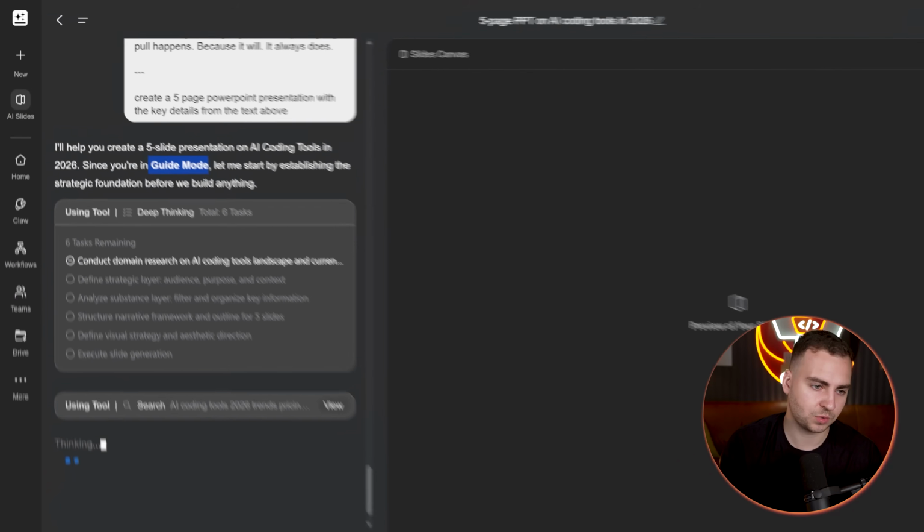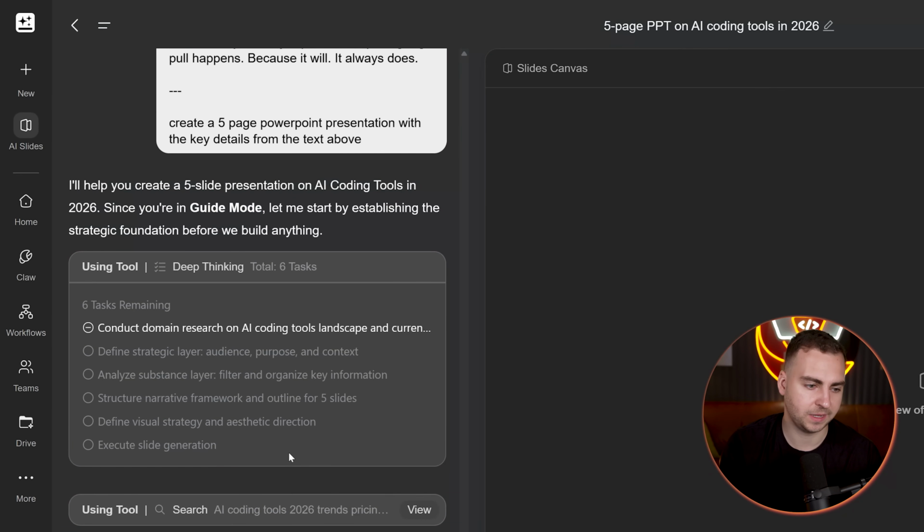Okay, so you can see because we're in guide mode here, what it's actually doing is creating kind of a plan of what it needs to do before it goes and creates the PowerPoint. Typically, whatever tool you're using, you should have a general plan of what you want to be on the slides, what images you're going to generate, etc. So even if you're not using Genspark, just make sure you have some kind of plan before you use these types of tools, because typically the AI is going to be better when it goes through it in phases and steps rather than trying to generate the entire thing at once.